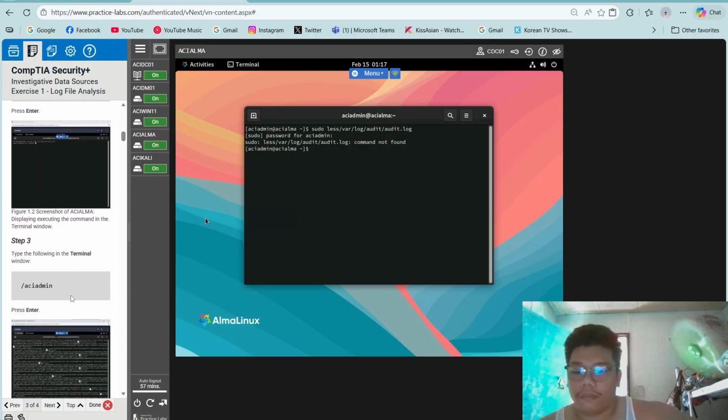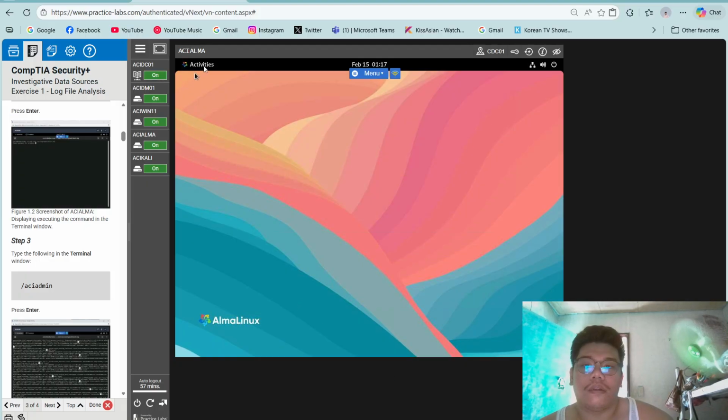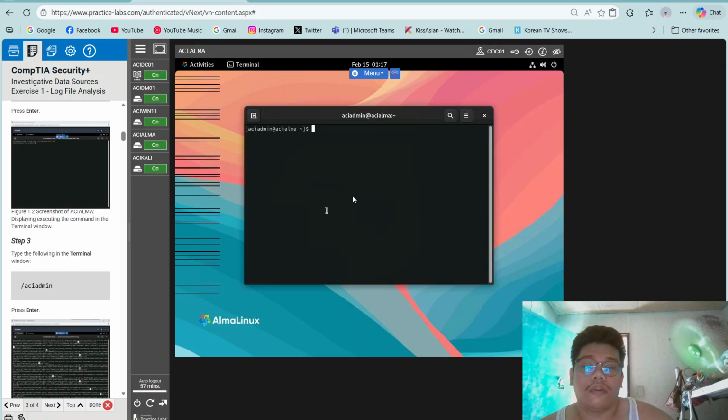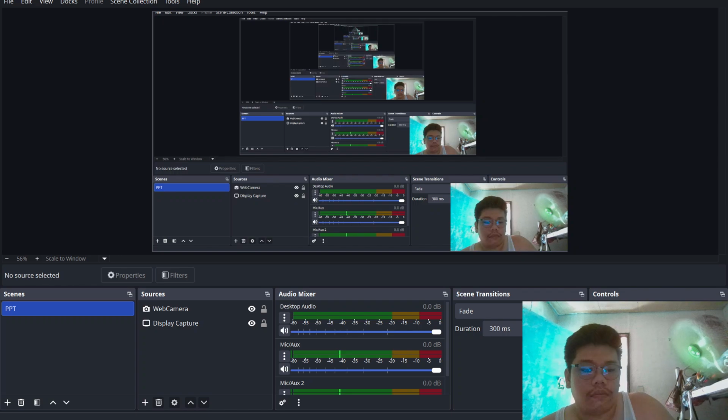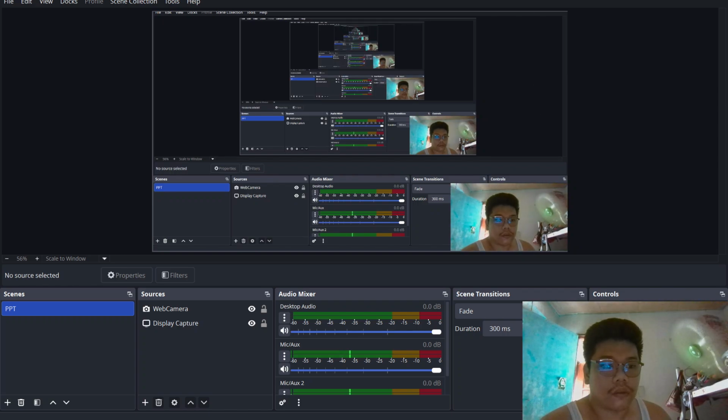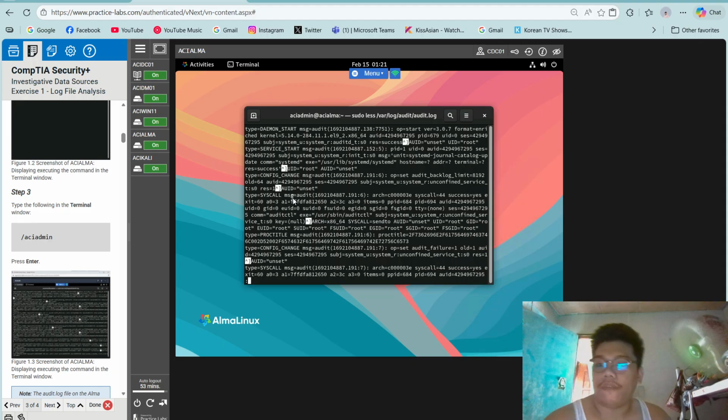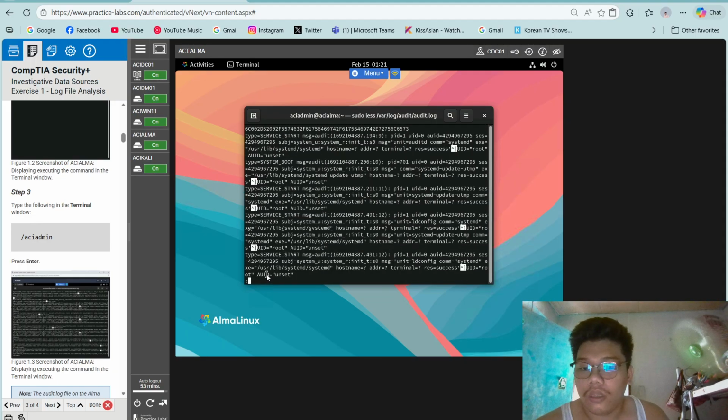Then step 3, type slash. Once you have hit enter after the password, go to step 3.